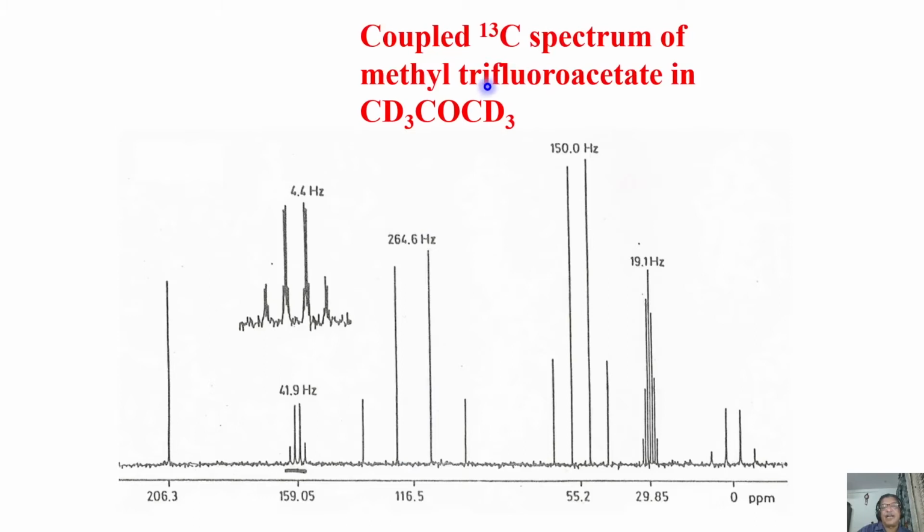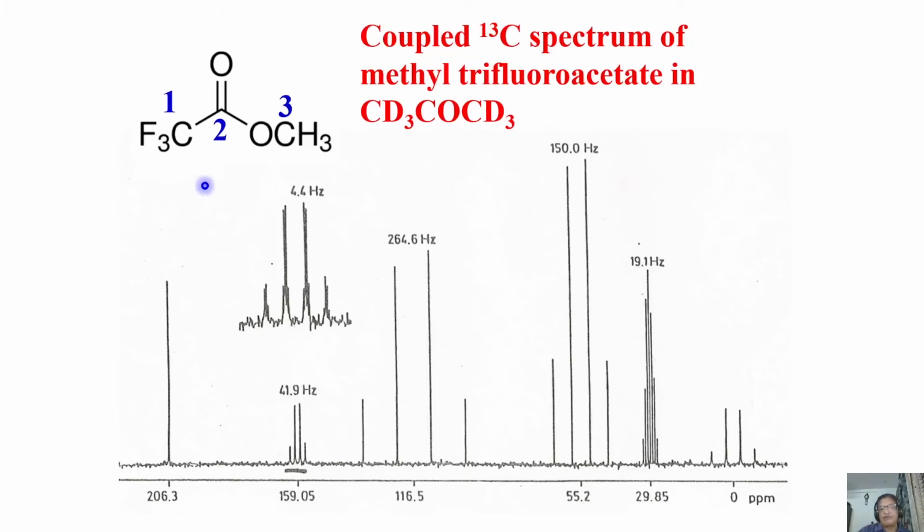Of course, you possibly all know this. When I took trifluoroacetate, CF3, in the previous example we saw the CF3 carbon coming in the downfield, somewhere around this region. My first guess: this could be the CF3 carbon. We'll start like that. First we write the structure. This is the structure of this trifluoroacetate. Let us make the assignment. With some assumption we have to start and then prove it later.